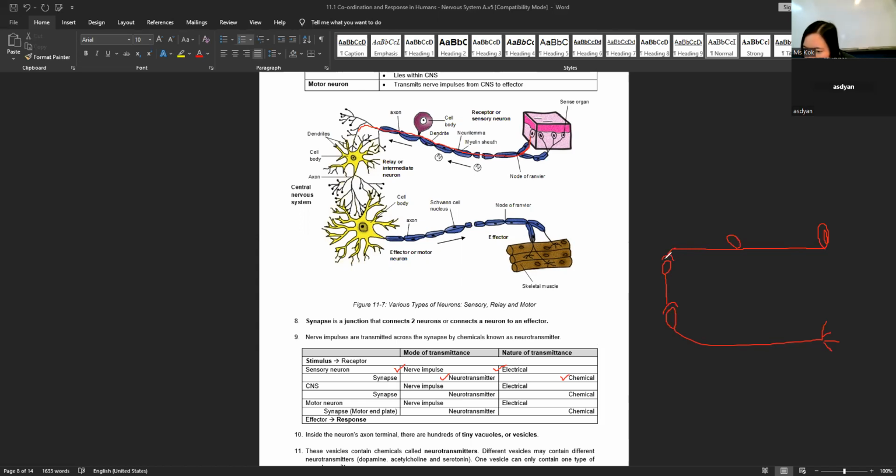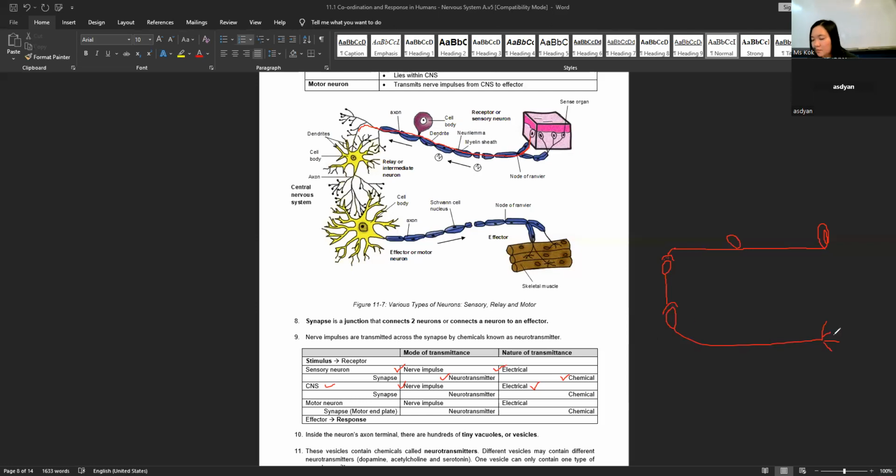Neurotransmitter, which looks like over here. Then it will enter the relay neuron and activate the relay neuron, and then it will move from there onwards as electricity. So nerve impulse again in the relay neuron, which is the central nervous system, in the form of electricity. It will move via electricity again, and then up to here, it will reach another synapse again. So it will change to chemical, and then before it changes back into electrical, and then pass through